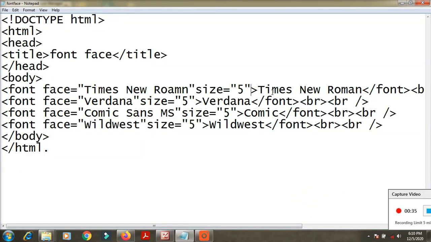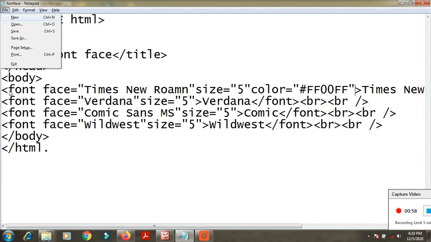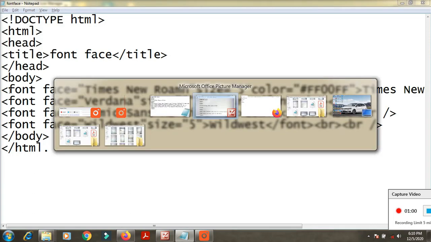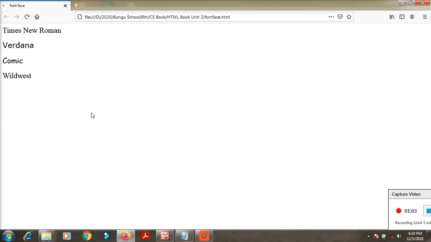After that, inside, see here, font face equal to Times New Roman, then size declared, then give a space. Otherwise no need to give the space. Here color equal to, in double quotation, hash symbol, double F, double zero, then double F, then close the double quotation. Okay, and save it. Again you go to the browser, give the refresh. See here it's changed to light pink.